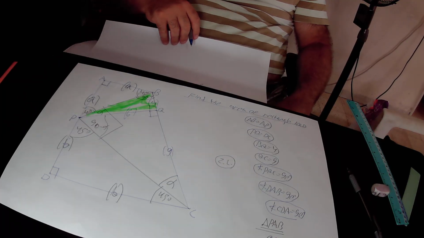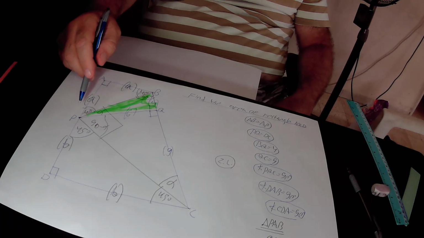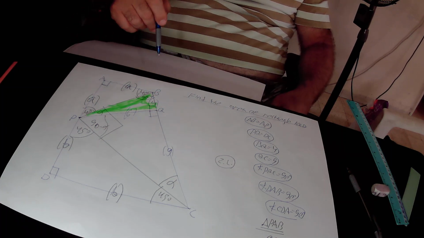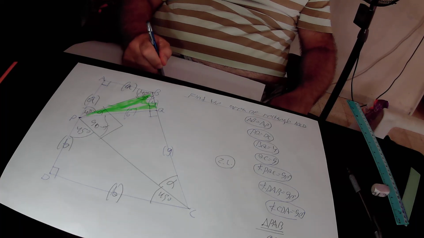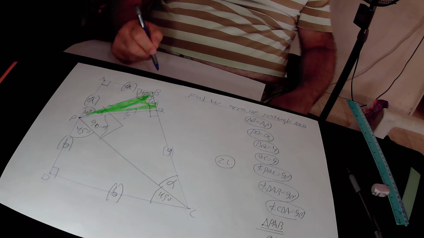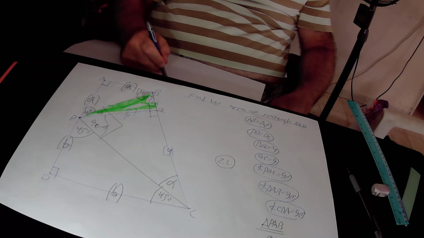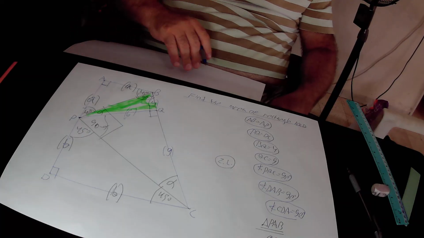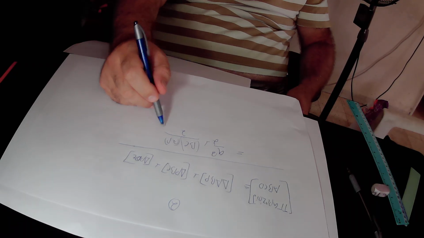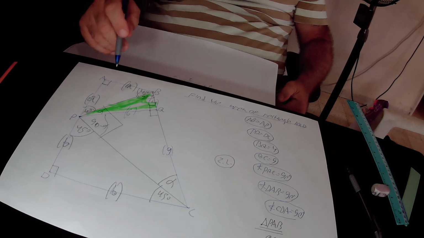Plus the area of the second component that trapezoid ABCD consists of, that's the area of this big right triangle PBC. What is the area of the big right triangle PBC? It is equal to the base BC times the height QP over 2. Why is the height QP? Because QP creates 90 degrees with the base BC. Those two angles are right angles. So the area of the big right triangle PBC is equal to the base BC times the height QP over 2, plus the area of the third component,